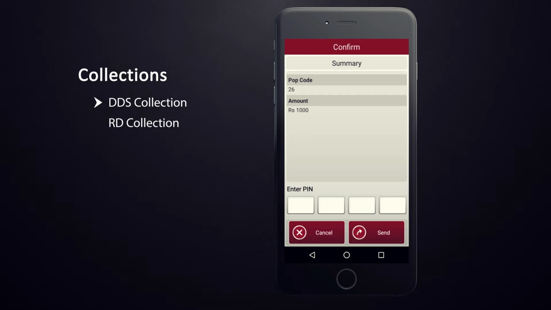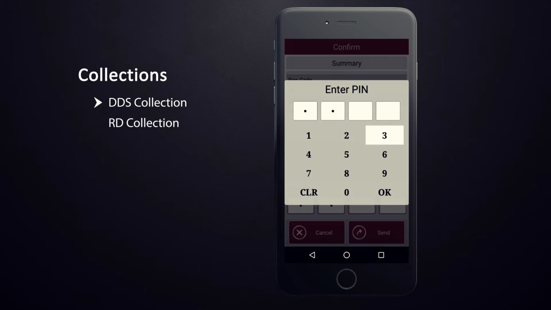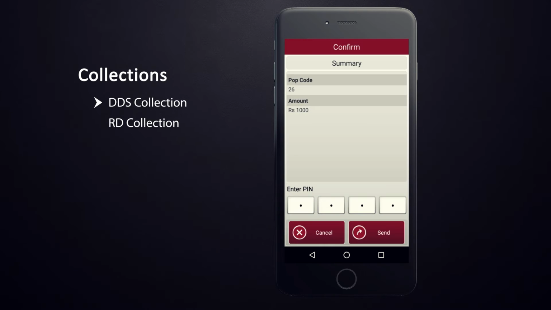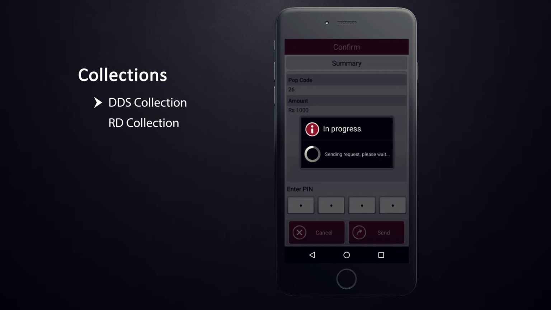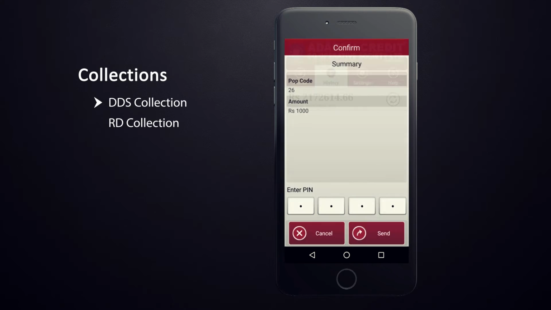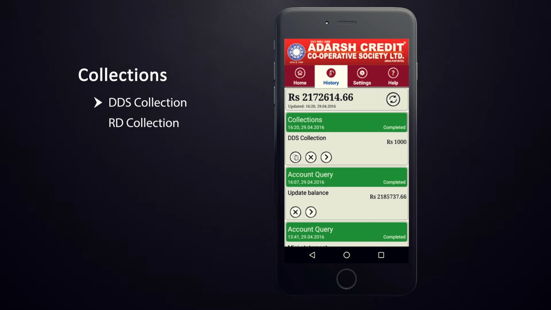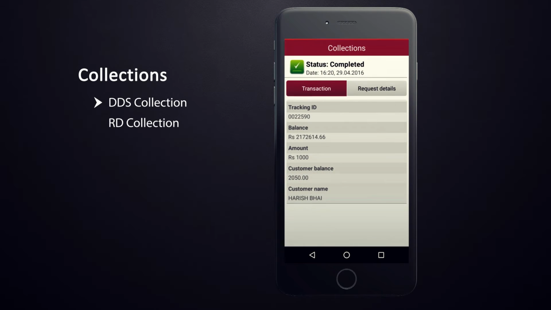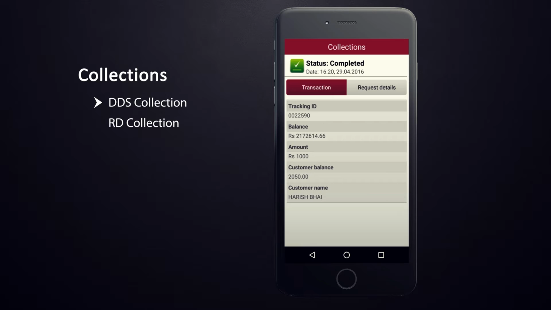Enter your PIN to confirm the transaction. Once the transaction gets confirmed, it will take you to the History tab, where you can check the status of your collections done on behalf of members.